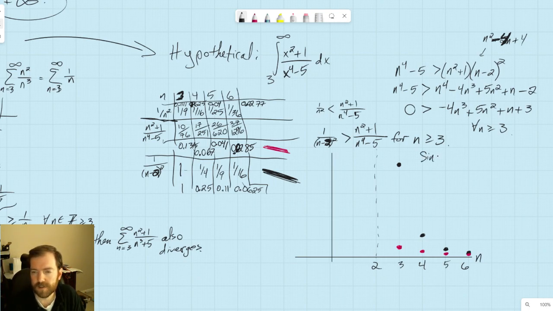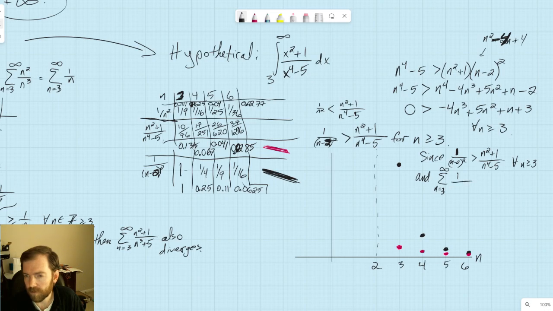So this is going to say that since 1 over (n minus 2) squared is greater than (n squared plus 1) over (n to the 4th minus 5) for all n greater than or equal to 3, and the sum as n goes from 3 to infinity of 1 over (n minus 2) squared converges,